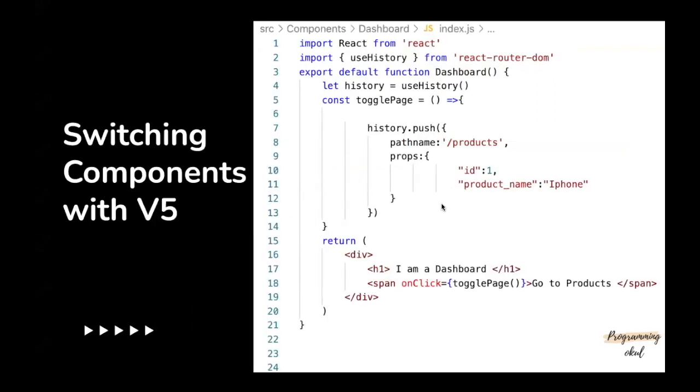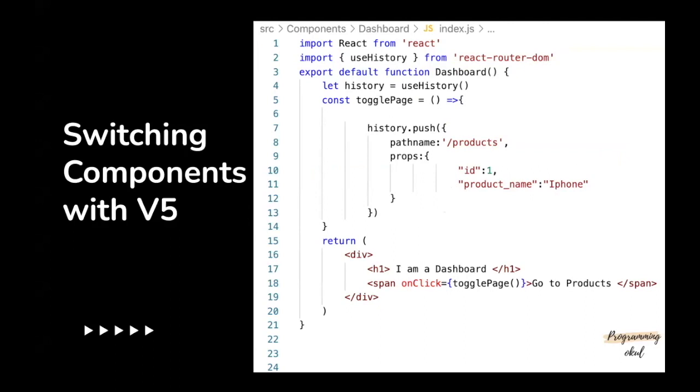All right. So the next important aspect of React Router is going to be switching between components. So in React Router version 5, we used to use a hook called useHistory. And this hook we would use in order to switch between components. And if we wanted to pass any props to this component, we would also pass some props.